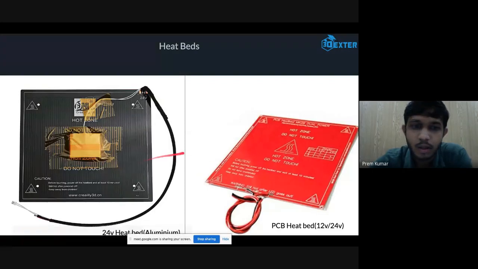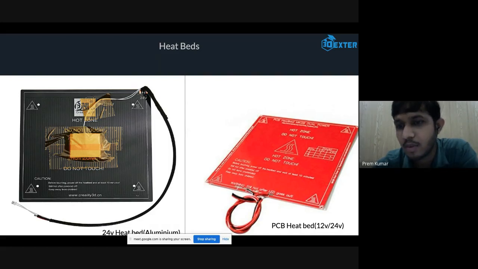On the bottom surface of this fiberglass material, we have the same kind of traces, and the same kind of thermistor is also pasted underneath this heated plate. Here we have a small box printed where you can see 12 volts and 24 volts mentioned.